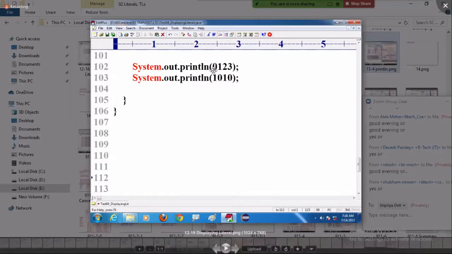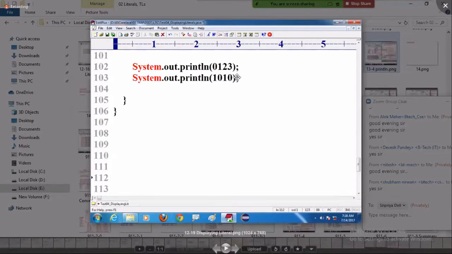Any number that starts with 0 is called an octal number. It is not a decimal number. So this octal number is internally converted to a decimal number and the result is displayed.